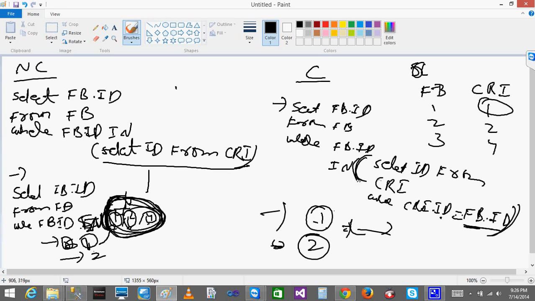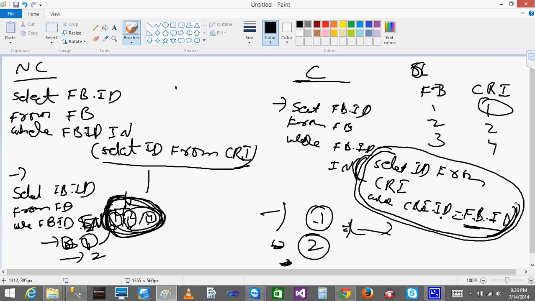3 will be passed to the inner query, so 3 is not there, which means 3 will not come. Performance-wise, the correlated subquery is the best one, because it will look only for one value. When you do the select list, you get only one value based on the outer query,